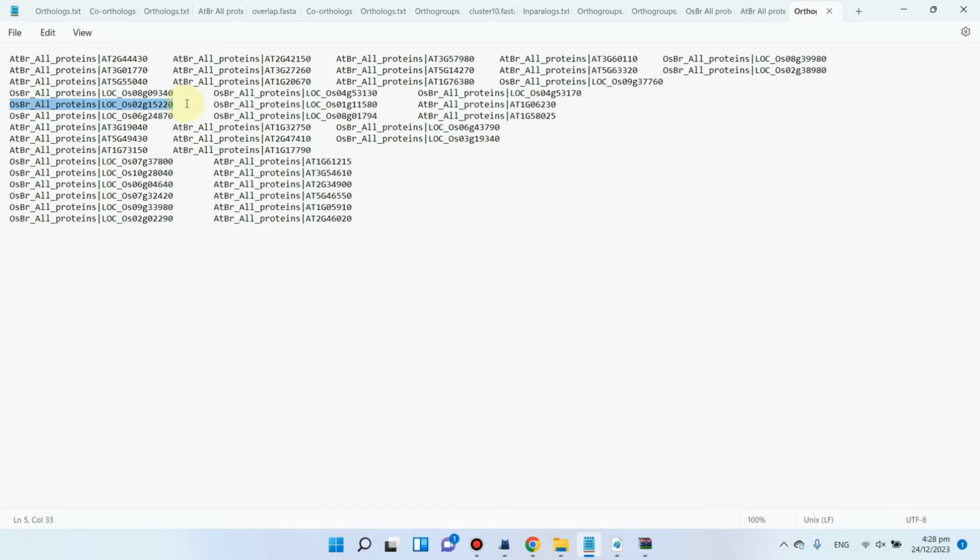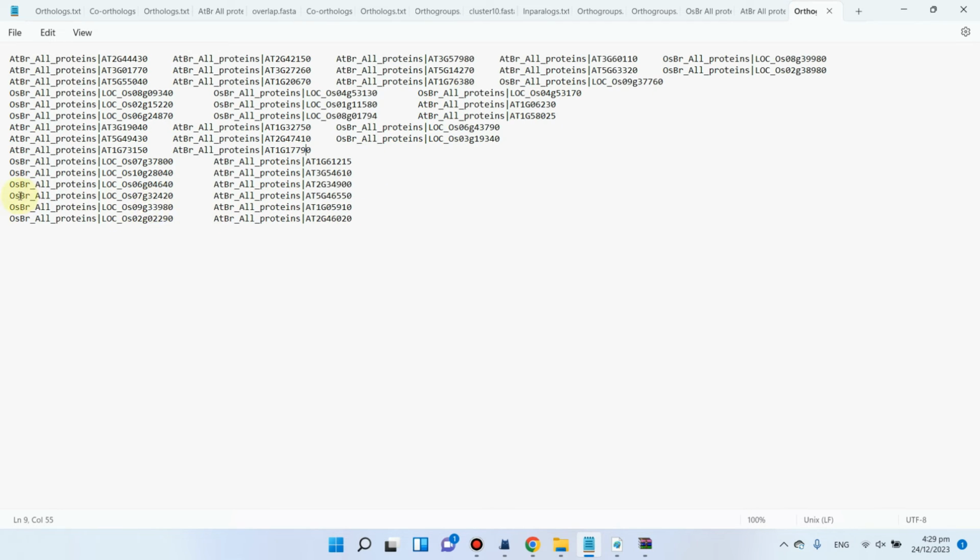Here you can see one is from rice, one is from rice, and one is from Arabidopsis. So this would be an orthologous group because 2 are from rice and 1 is from Arabidopsis. Because this was the paralogous group, and this would be orthologous 1, 2, and this would be the 4, and similarly orthologous. In this way you can have an idea of what the orthologous groups are and what the paralogs groups are.